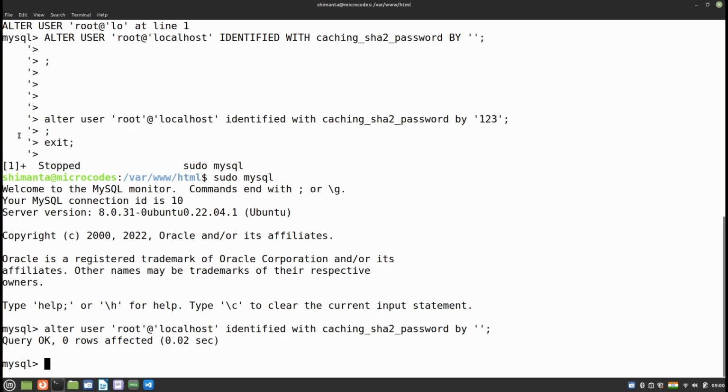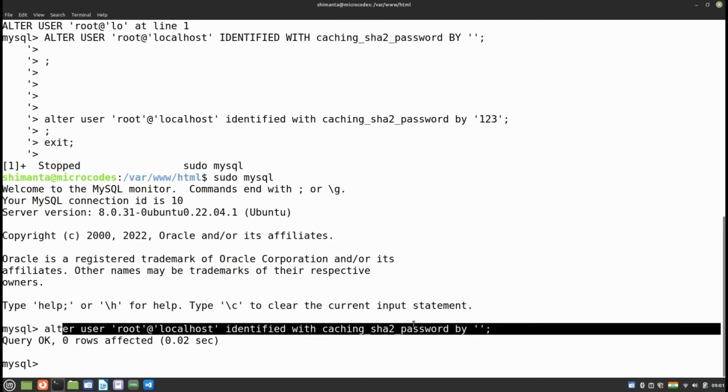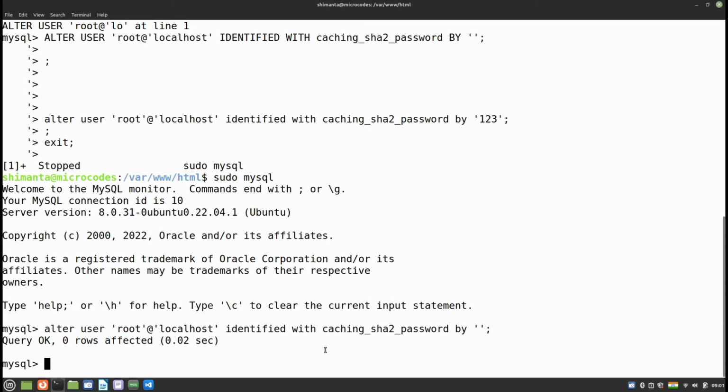So for that I need to just exit this thing. I just type Control Z, and again I log in with my sudo mysql account, and I provide this type of command or line. So I just configure mysql with null password, and now I will configure mysql with some types of password, which is alter user and then root @ localhost and then identified with